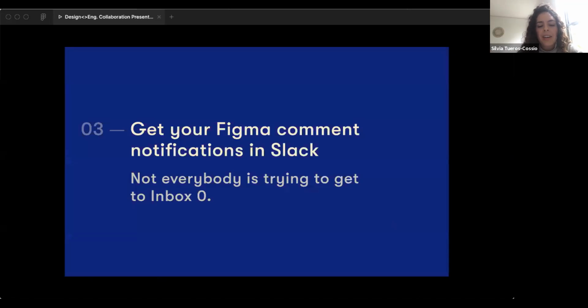Tip number 3, hook up your commenting to Slack. So depending on how many methods of communication your company has, you want to make sure that you're responding at the right speed. For us, most of our Figma comments require near immediate responses, especially now that my developers are commenting in there. So right now for organization level accounts, I'm sure people with organization accounts know Figma notifications don't come through Slack, they just come through email. So since I save email for slower response things, here's what I do to get my Figma comments in Slack.